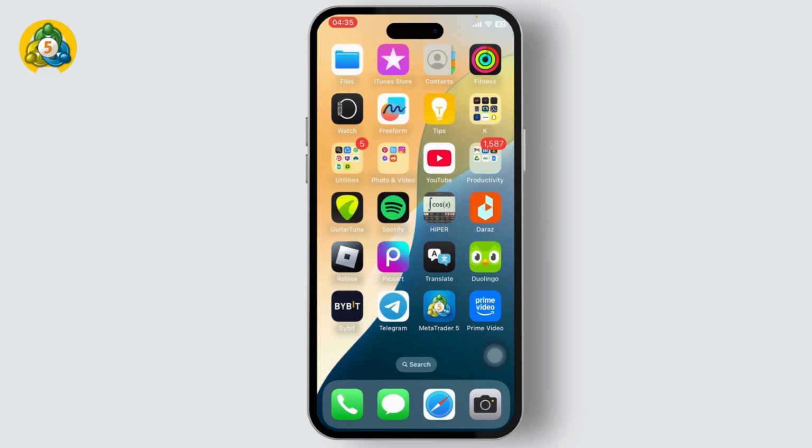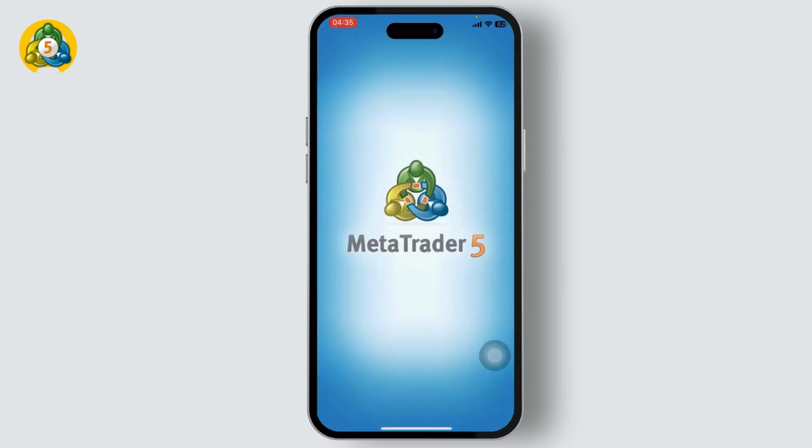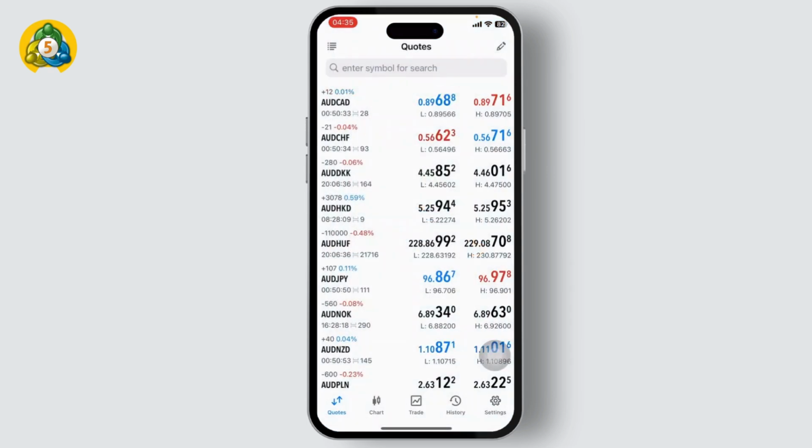In today's video, I'll teach you guys how you can change currency on MetaTrader 5. So without any further ado, let's dive right into it. The first thing you will need to make sure is that you have installed your MetaTrader 5 and the app is updated to its latest version. After you've done that, you can open up the app and make sure that you're logged in into your demo